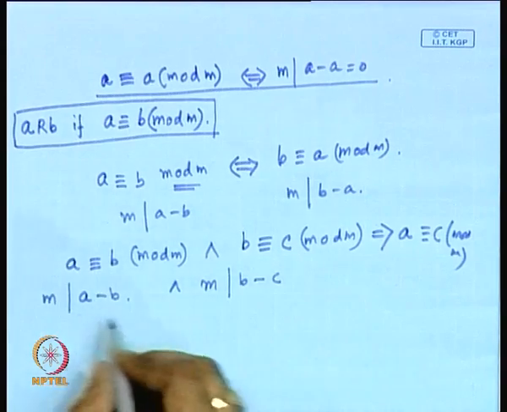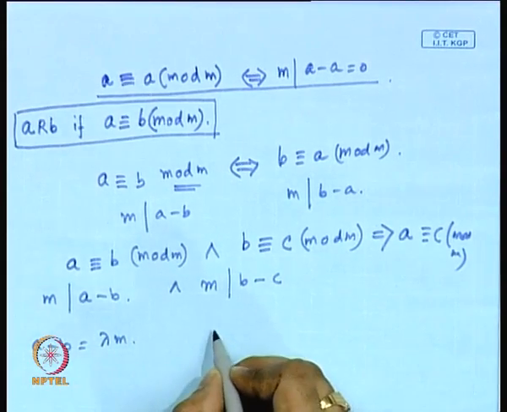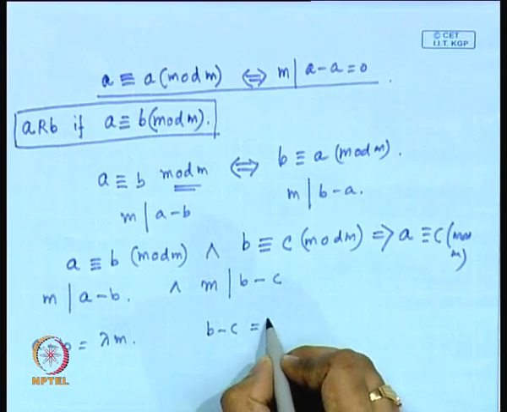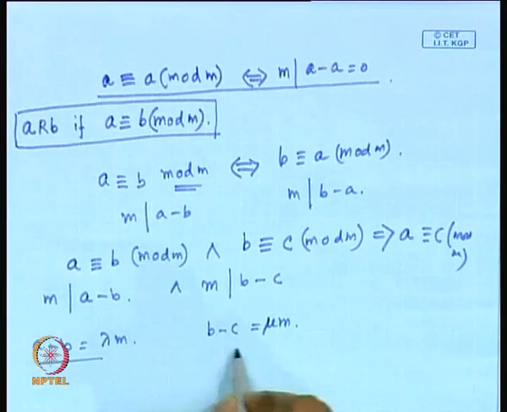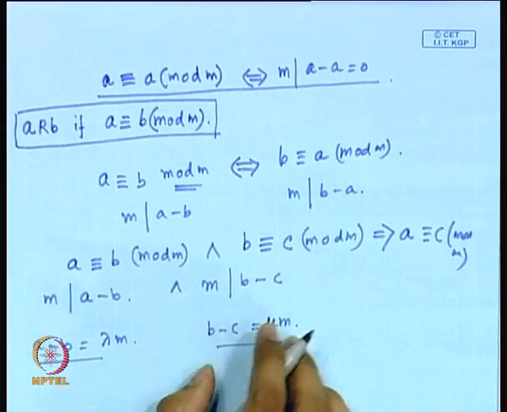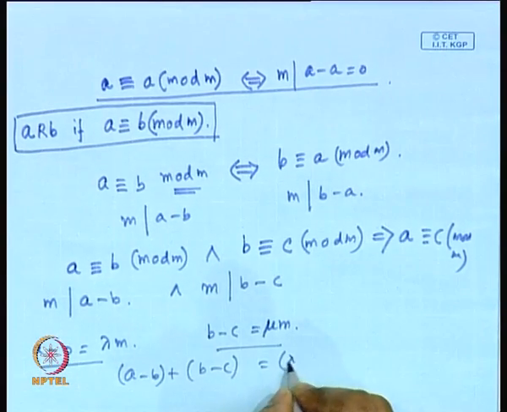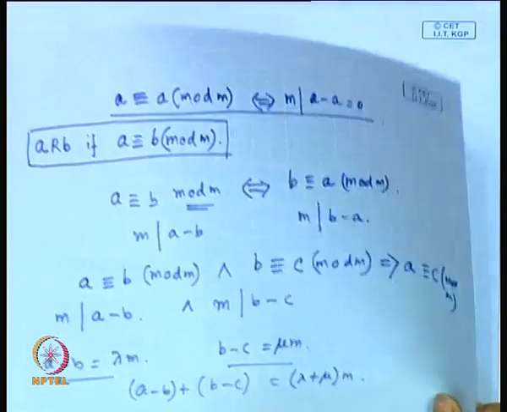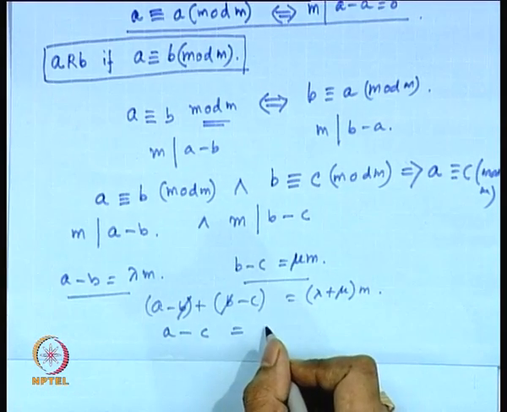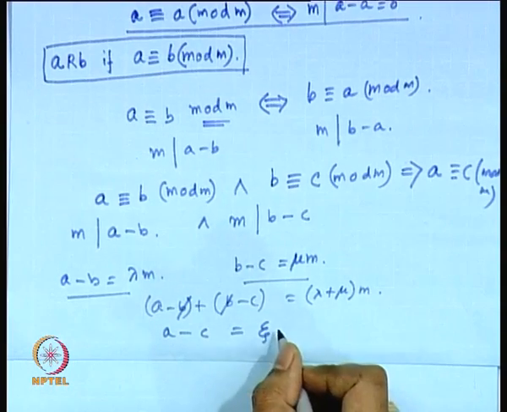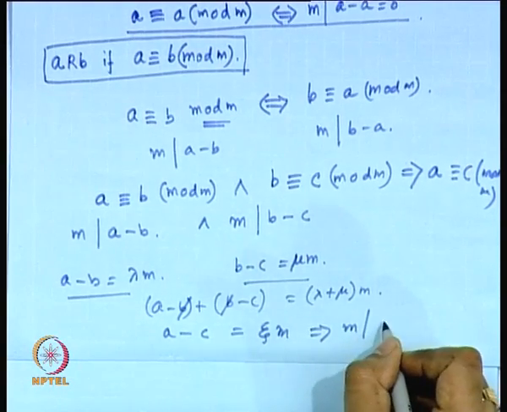Why? Now because you could have written this A minus B more simply as some multiple of M. Similarly, you could have written B minus C as some other multiple of M. So now, if you have simply added these two equations, you would have got A minus B plus B minus C is nothing but lambda plus mu, which is again another integer, times M. So now from here B and B cancel, and you have got A minus C is equal to some other constant. You can call that some epsilon or something. So it's some integer multiplied with M, and therefore this means that M divides A minus C, and therefore